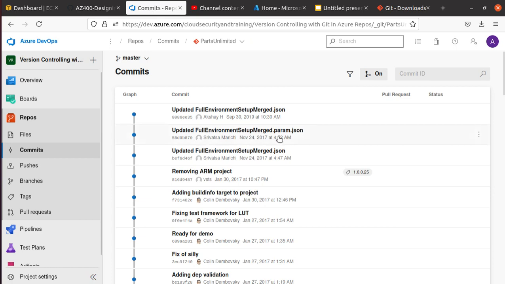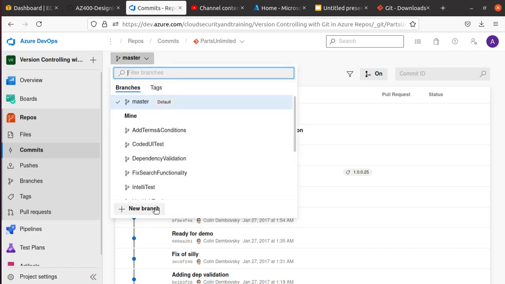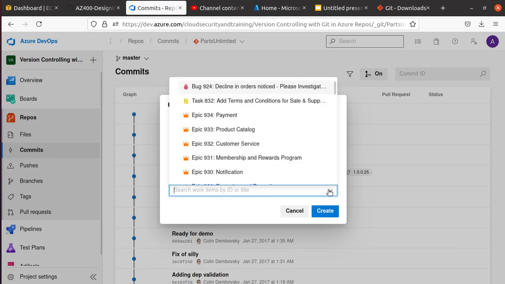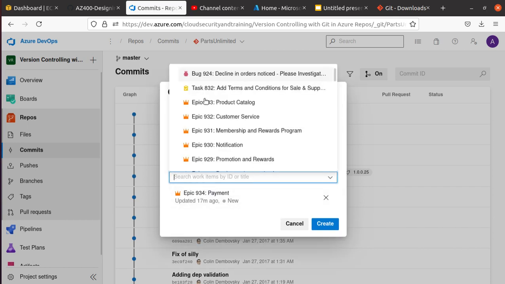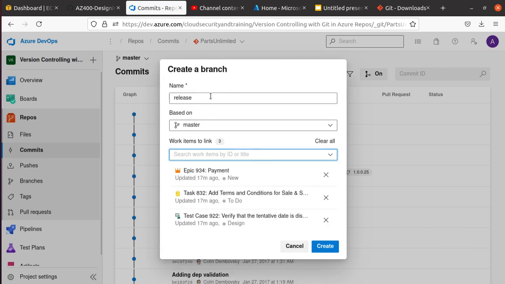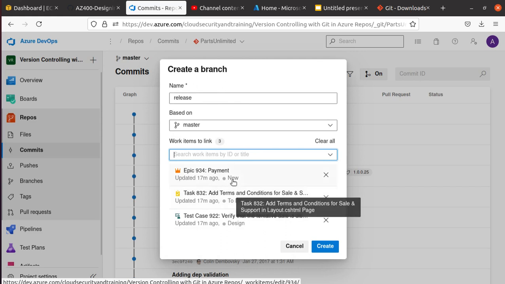So again, over here, click on master, new branch. So release is the name of the branch based on a master branch. And what do you want to add? You can add one, you can add multiple, you can add something else. So in this particular branch that you are creating, you're saying, okay, I'm gonna go do and finish these 3